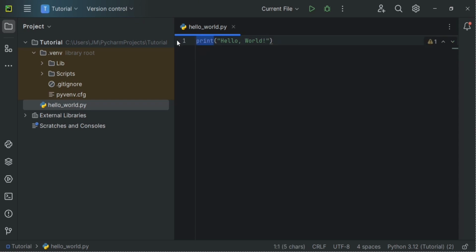Print is a built-in Python function used to display output. It takes one or more arguments inside the parentheses and prints them to the console. Hello world. This is the string literal that we want to display on the screen. In Python, strings are sequences of characters enclosed within either single or double quotation mark, which I would explain in